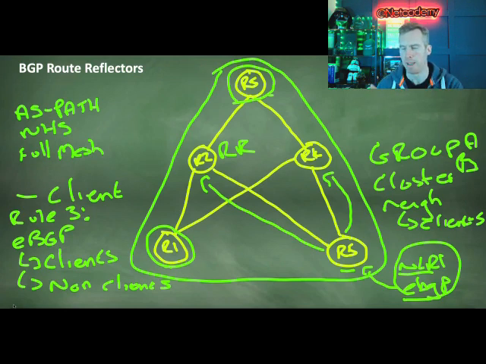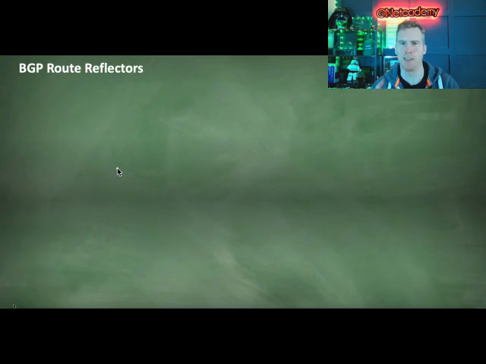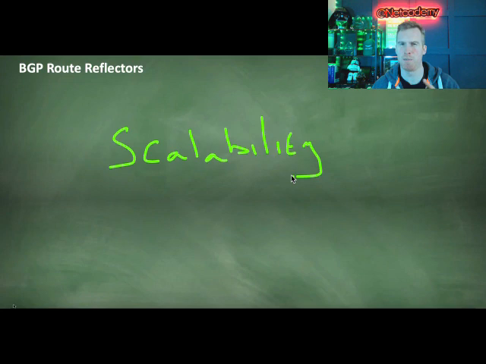Okay? And the third and final rule, eBGP. When a prefix is learned via eBGP up to a route reflector, that route reflector, because it's an eBGP learned route, will advertise that learned prefix to both clients and non-clients. But really the benefit of route reflectors is this: it addresses the limitations of scalability when it